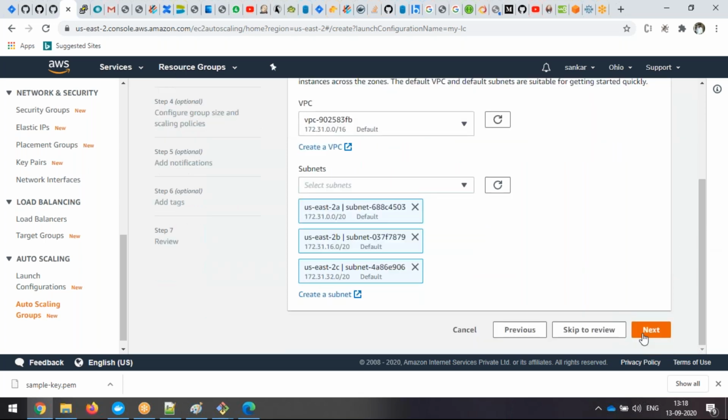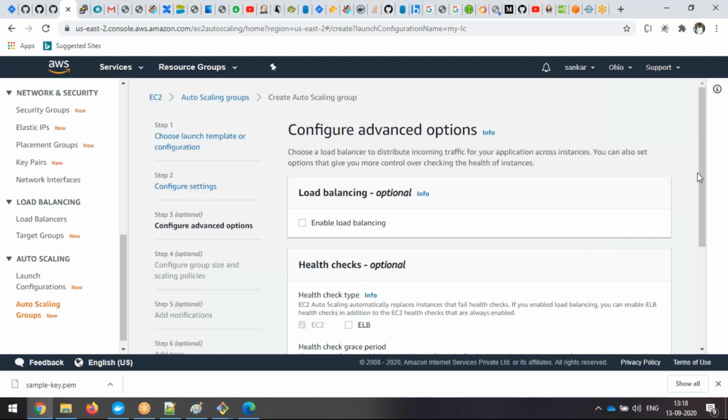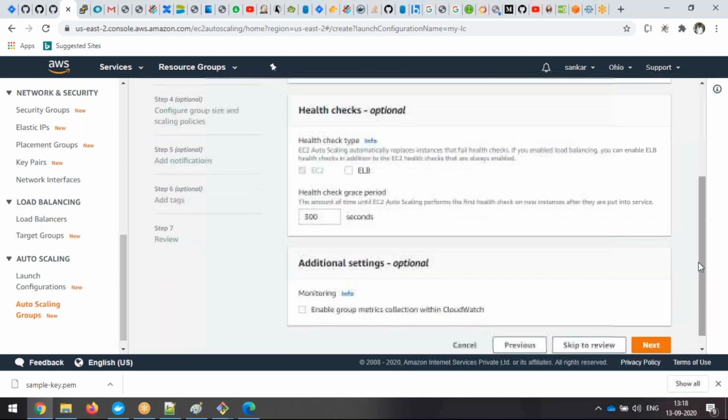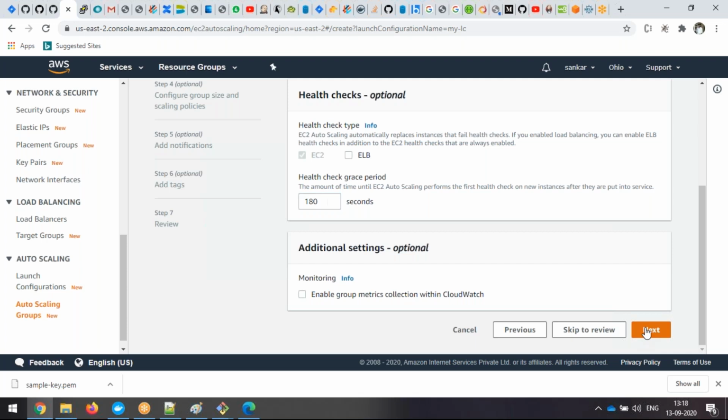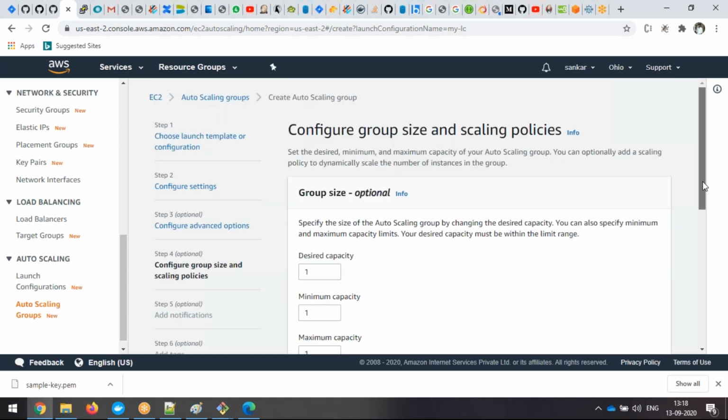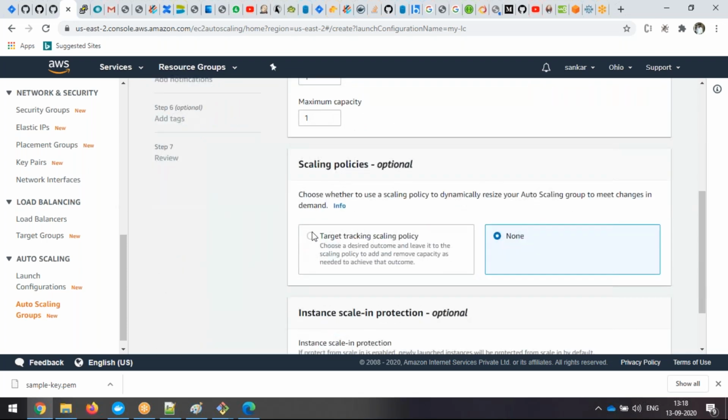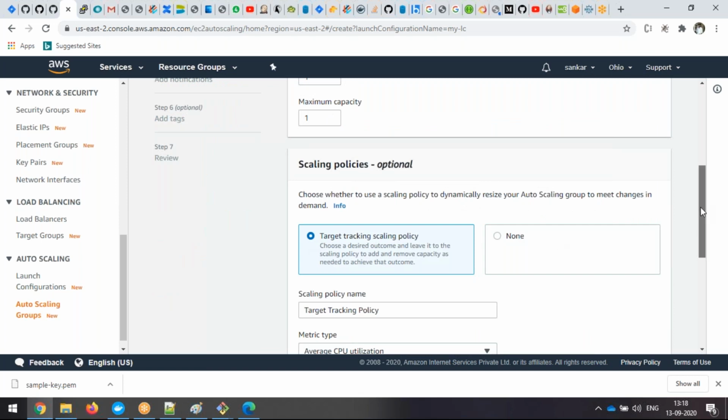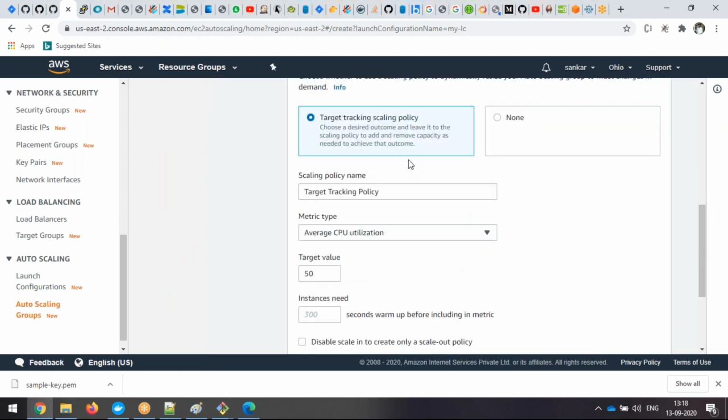Then scroll down. Next, as of now, notifications are not required. EC2 300 seconds, I will make it 180 seconds. Monitoring, as of now, I don't need the monitoring. Click on next. So this is the thing, and here this is the policy which I am looking for. So now here